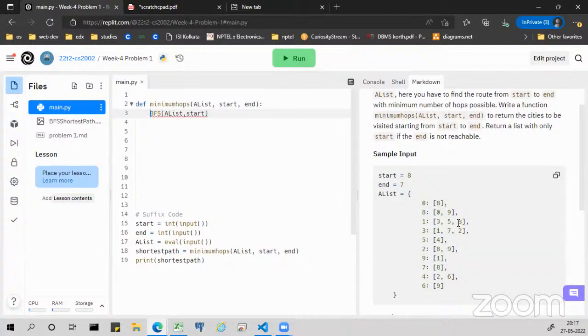I have to call BFS, pass the required parameters, which are the adjacency list and the starting vertex. This BFS should return me two important lists. The first one being the parent list, from where I would get the path, and the level, that how much away it is, right? So level list. So I would, let's say, call it level comma parent, or let's say path. It's better. Okay, actually getting the path from here. So path list and level list we get from the BFS. Fine. And then after this over here,